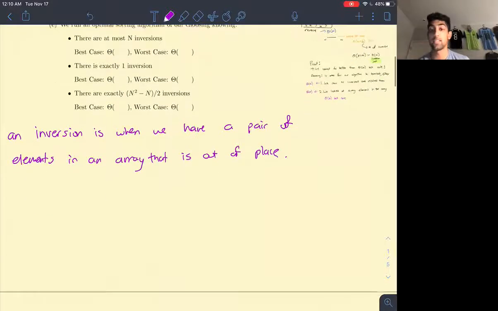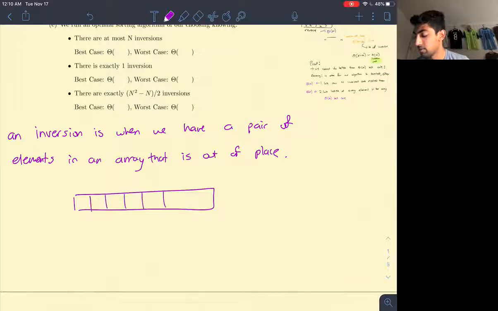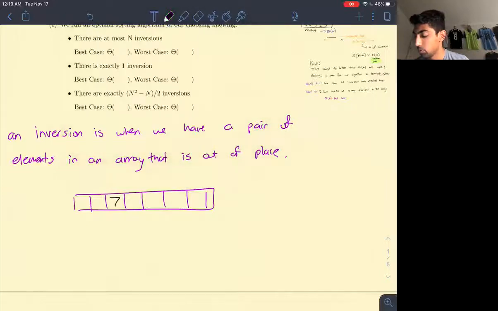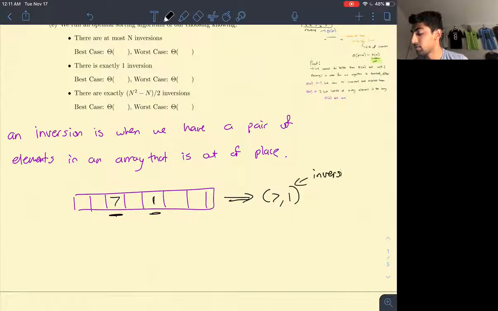So what does that mean? Let's say that we have the following array, and let's look at the pair 7, 1. Looking at this pair, we realize that 7 is earlier in the array than 1, but it is bigger than 1. So we can say that this pair is an inversion. We can think of an inversion as something a sorting algorithm seeks to remedy,